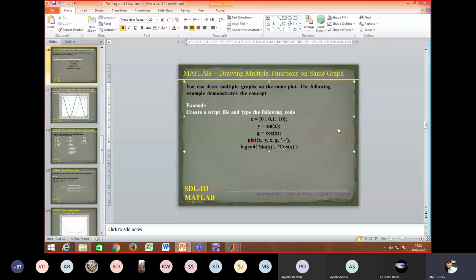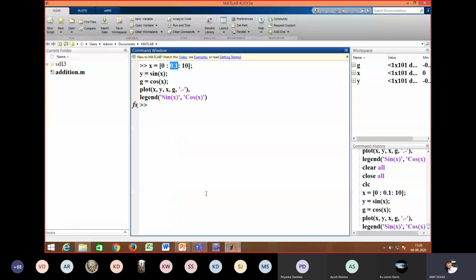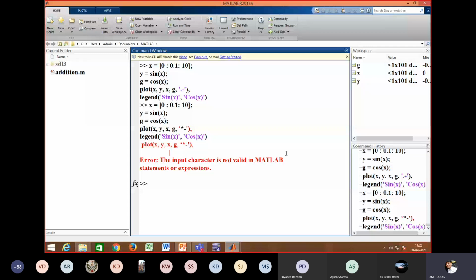Instead of this dot, I will use star, or for diamond you may go for D, for square S. So I'll place star here and rerun this code in MATLAB. There is an error because while copy and pasting, the single quote is not proper here.